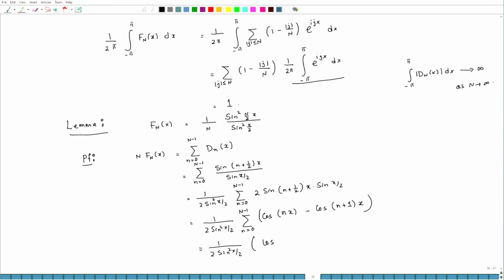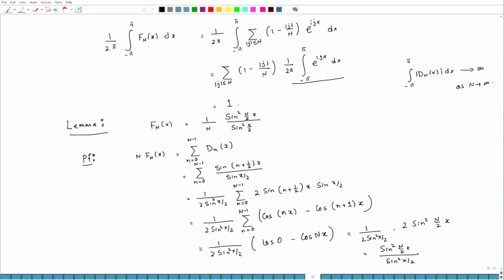cos 0 is 1, minus cos n x, since n minus 1 plus 1 is n. Now, cos 0 is 1. So, this is 1 minus cos n x. So, 1 minus cos x is equal to 2 sin square x by 2. So, we get 2 sin square x by 2 into 2 sine square n by 2 of x. This is equal to the required identity that we wanted to get,